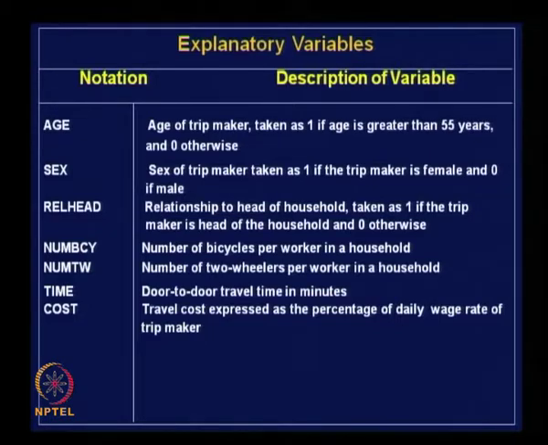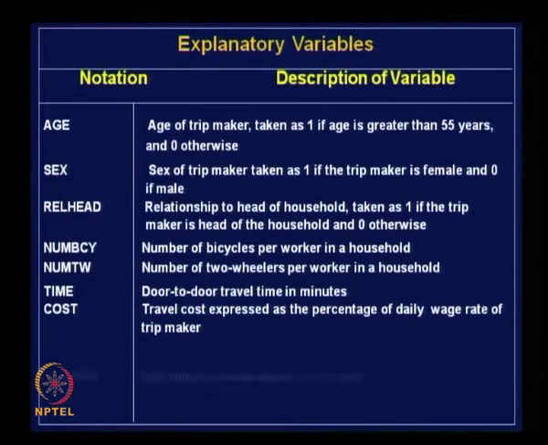You cannot introduce travel cost in absolute terms because it will not reflect the mode choice effect. Unless the exact impact of the expenditure on a travel is reflected by some form, you will not be able to make use of travel cost as a variable influencing mode choice. So that is why it is expressed as a percentage of the wage rate or monthly income of the traveler,